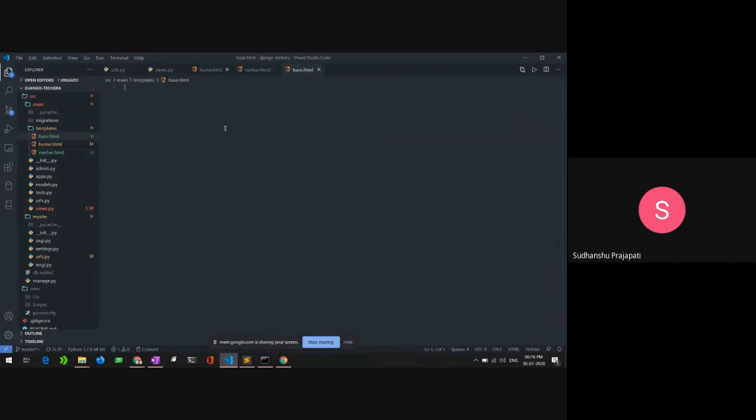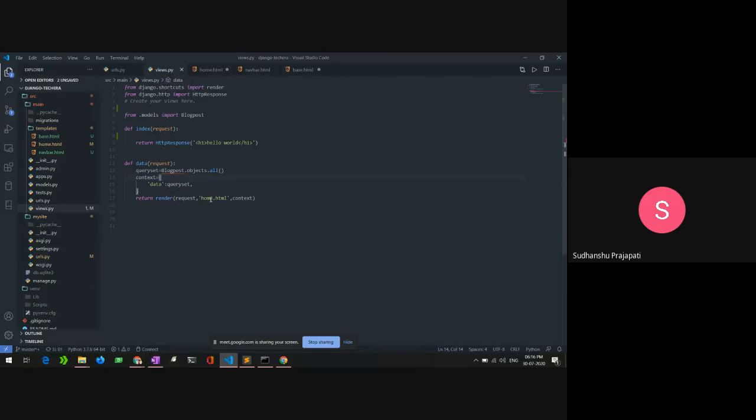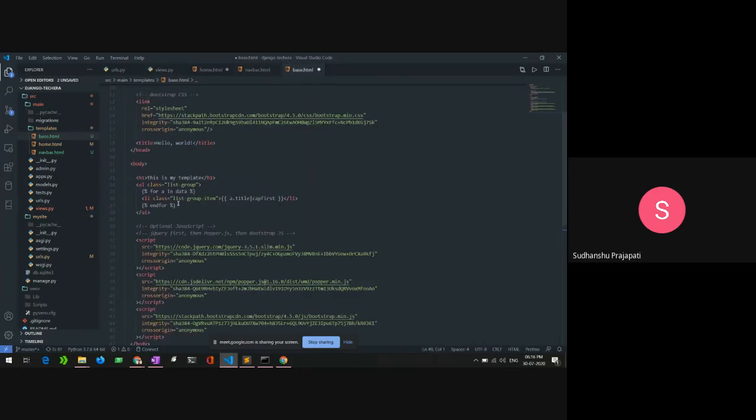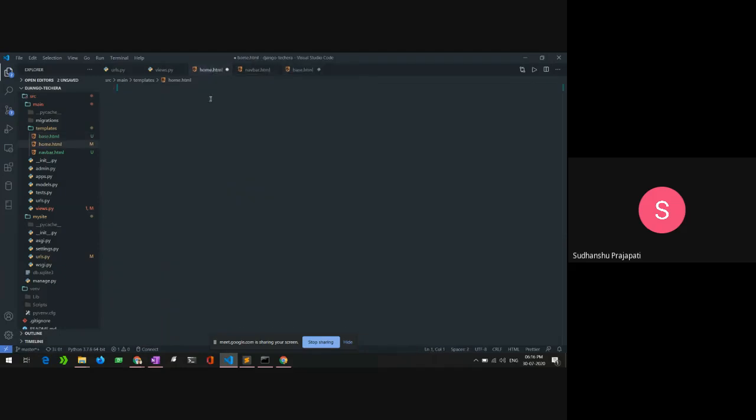and I will paste it inside the base.html. And the part which I actually want to be rendered through the render function in my view file, here you can see home.html and the data that I am giving here for rendering, I will copy this code and paste it in my home.html and save it.